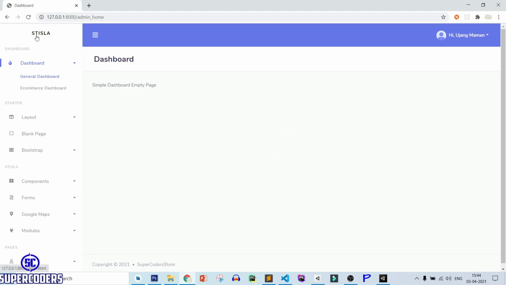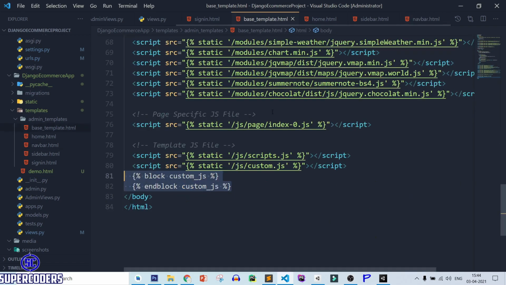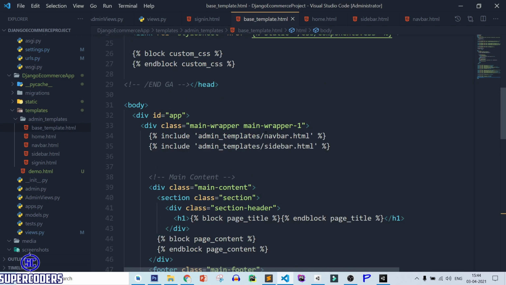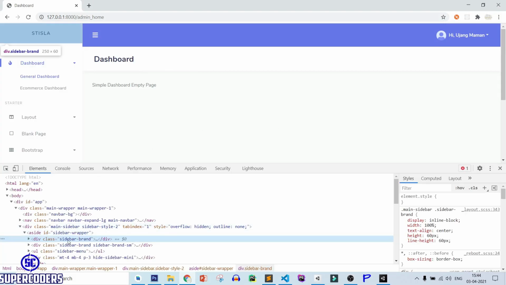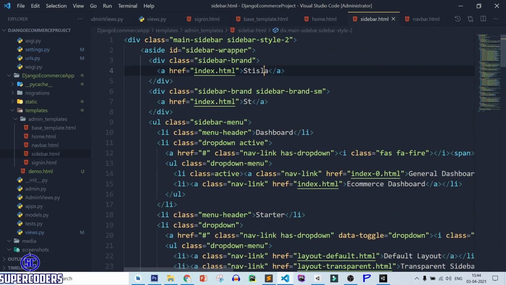After that, let's change this title. So here instead of text, let's show our logo. Let's see where it is showing. Right click, inspect. Okay, it is coming from sidebar. So open sidebar, and here remove it from here, slash image